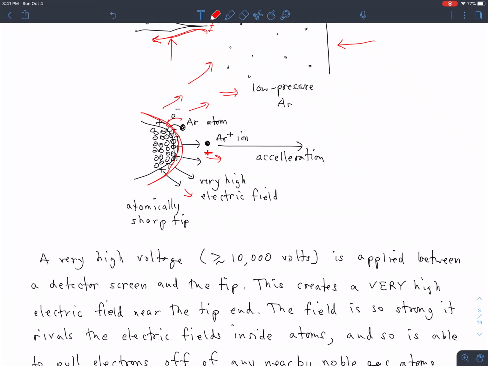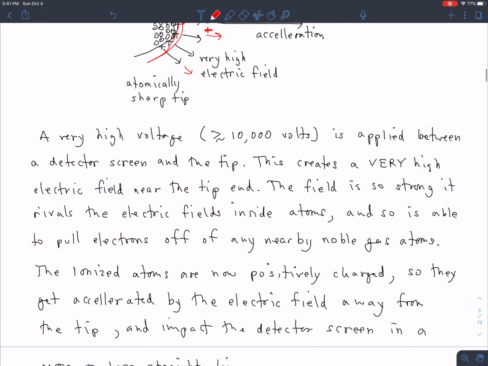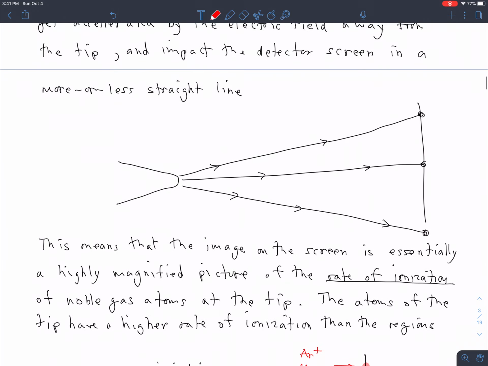And now because those positively charged argon ions are near a positively charged tip, there's a repulsion and the argon atoms are accelerated away. Because the pressure is so low in the chamber, the argon atoms are unlikely to encounter anything else before they reach the detector screen. So the argon atoms basically become ballistic little BBs that get radiated away from the tip and arrive at the detector screen. Now, that would give you nothing but an image of sort of a big blob,